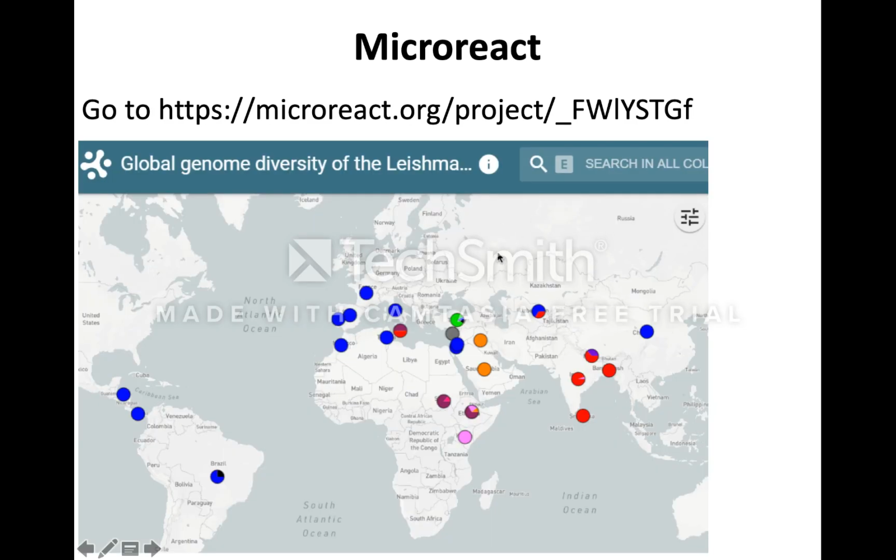So finally, I'd like to suggest that you explore Microreact further to get a feel for the geographic, phylogenetic, and genomic diversity of the sample collection, and hopefully you can use Microreact for your own projects and really allow other people to